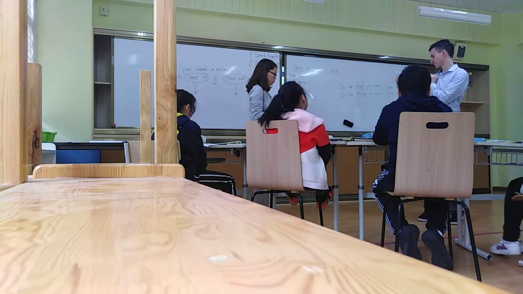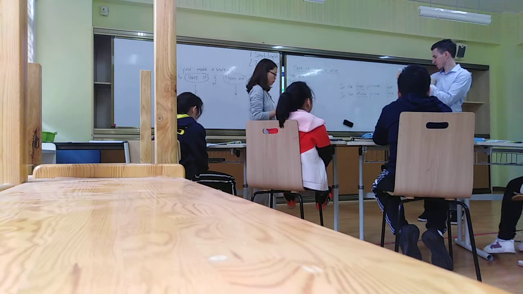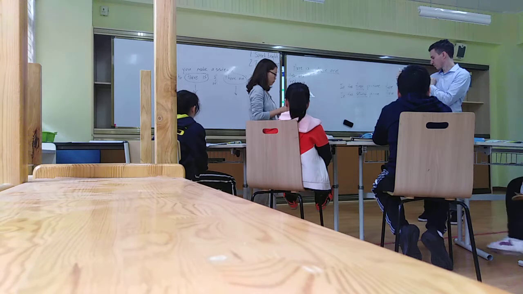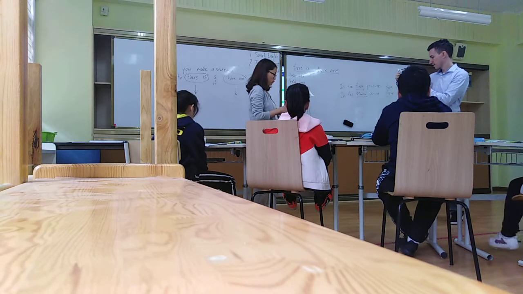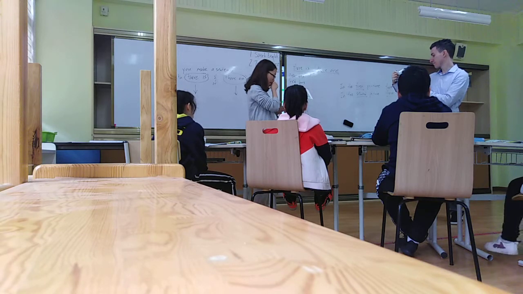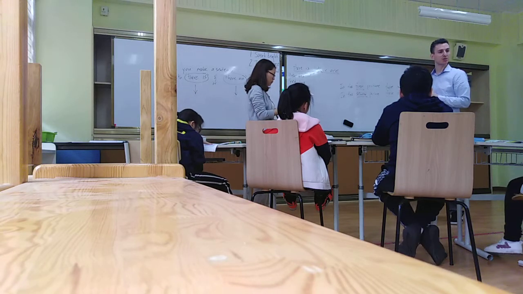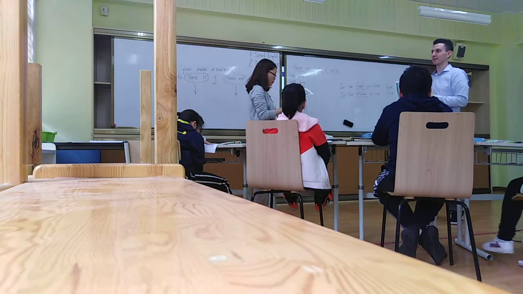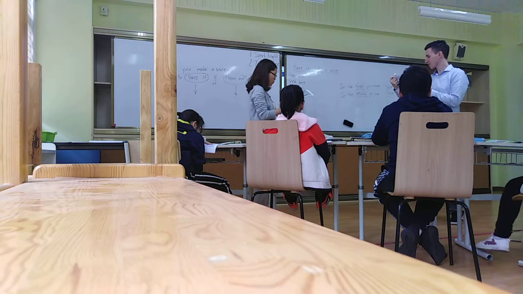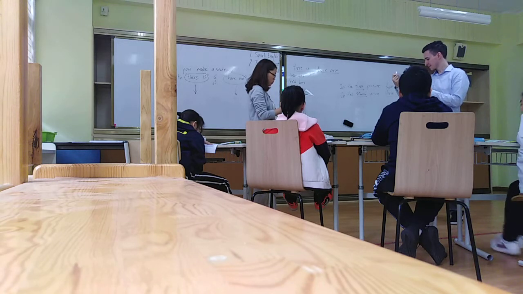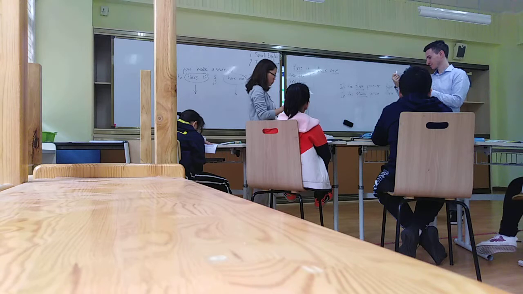In picture 1, there are people, and then in picture 2, can you say what else there are? There are children, there are people,